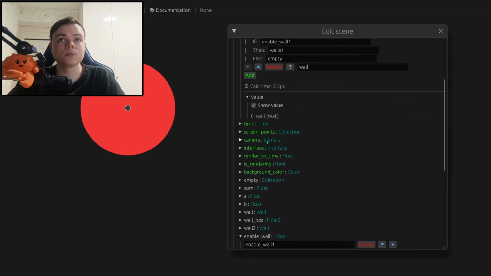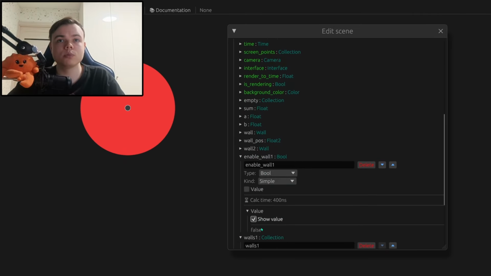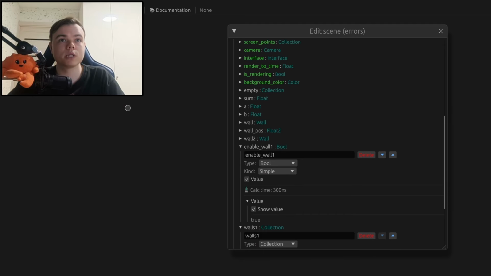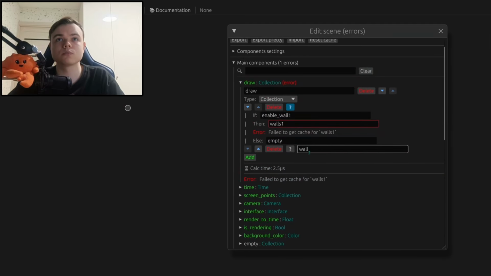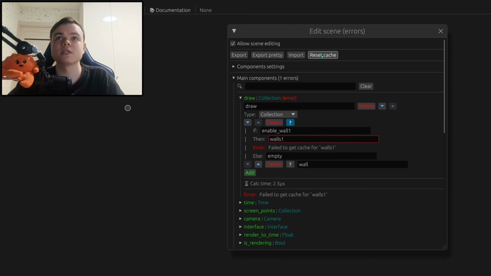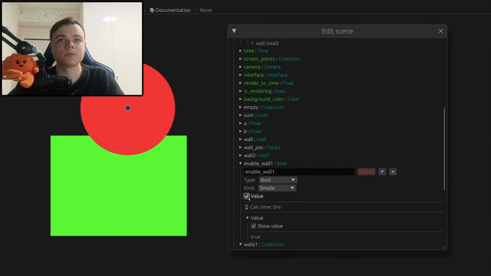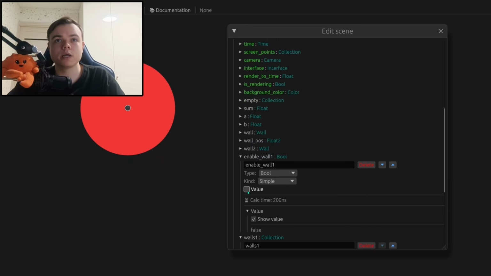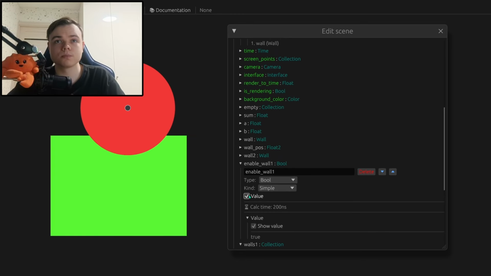And as you can see, currently I have this value to be false, but when I press it, something is broken. Or reset cache again, yes. So we can control